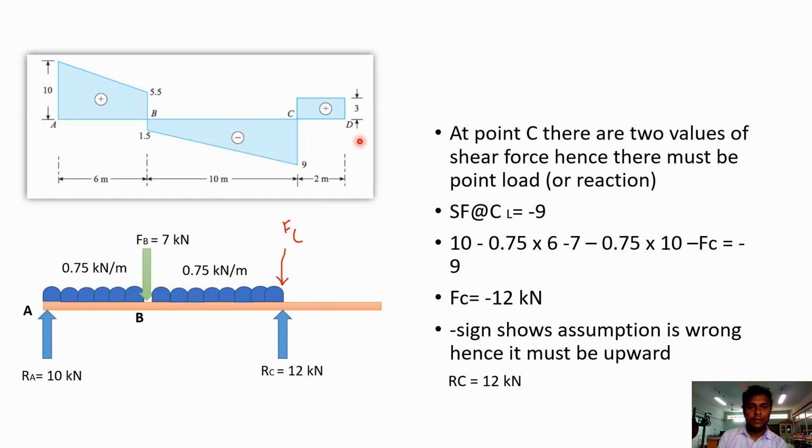And finally here, without any calculation, we can just say that at a point D there is a positive shear force of 3 kilonewton. Hence at a point D there must be vertically downward force of magnitude 3 kilonewton. So in this way we can find out all the forces acting on this given beam, and at the same time to check all these values we have to use the condition of equilibrium. When we take sum of all the forces in vertical direction, we should get that summation Fy must be equal to 0 in this case.